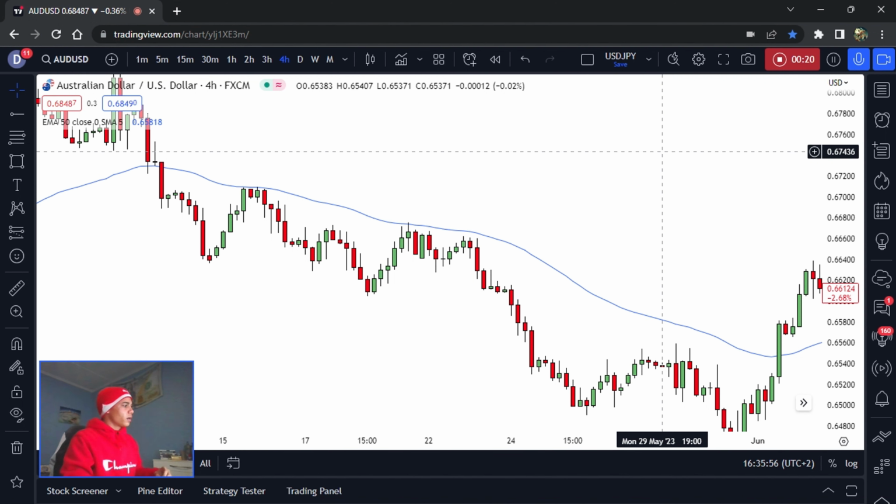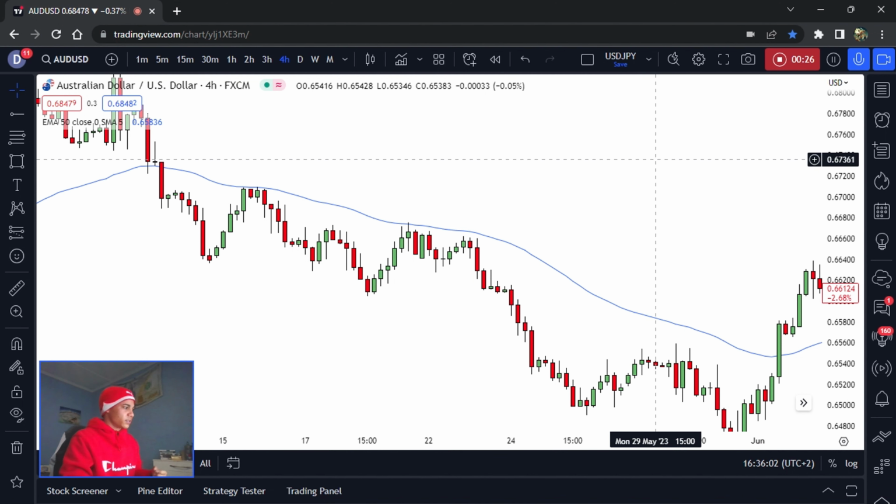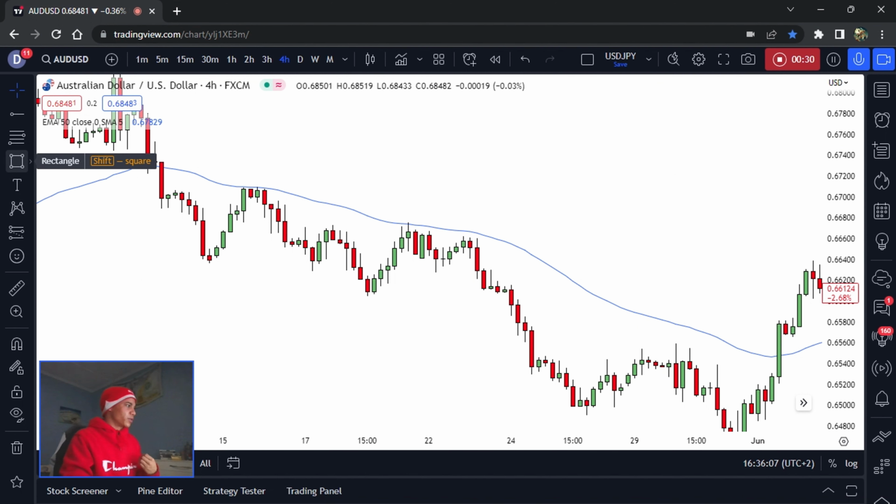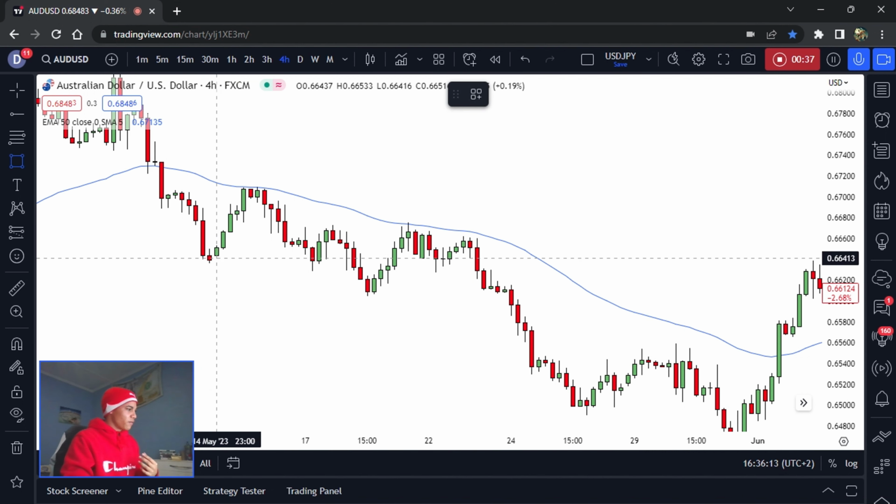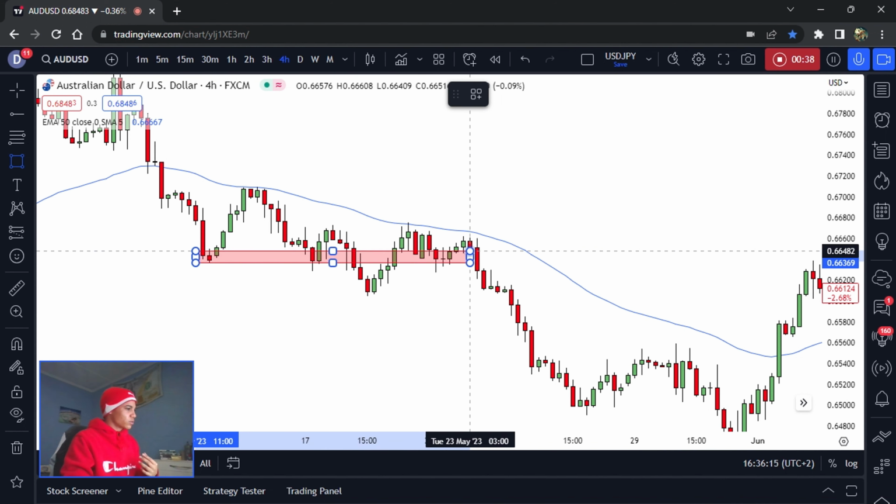rules, which are price needs to be trending below the 50 EMA and price needs to be making constantly lower lows and lower highs. So we also need to identify the previous level of structure which was broken and most likely going to be pulled back into, and using this area for resistance. So we have price which has found support right here,